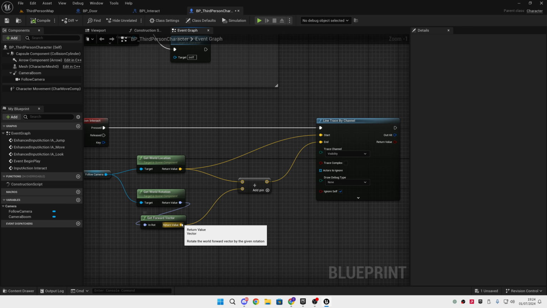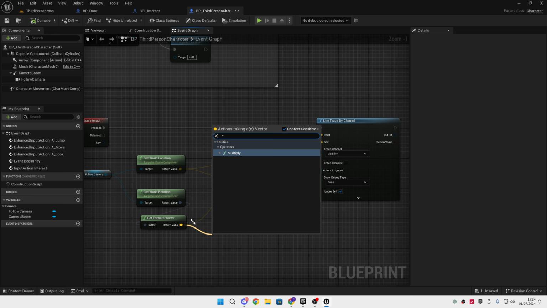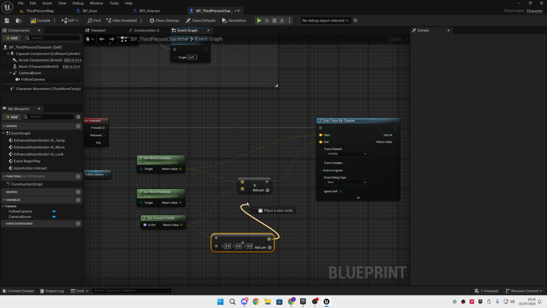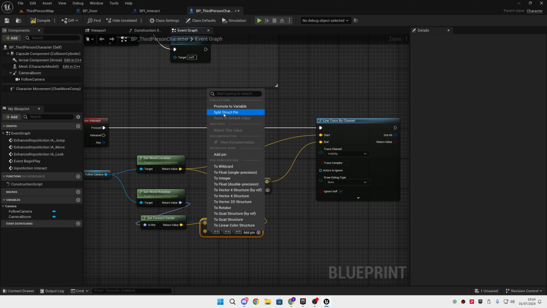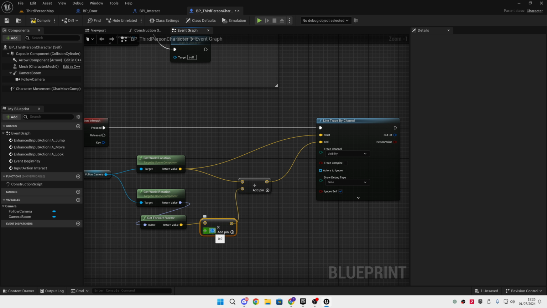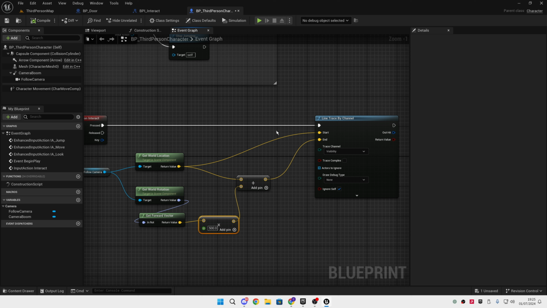Right, okay, so I missed the multiplication bit, so we need to drag out of this, multiply. We're going to add that to there, and we're going to right click the second pin and convert it to a float. And this is going to be the length of our line trace, so I'm going to use 500. And we're going to set the debug type to duration, and the duration is going to be 5 seconds. Let's compile